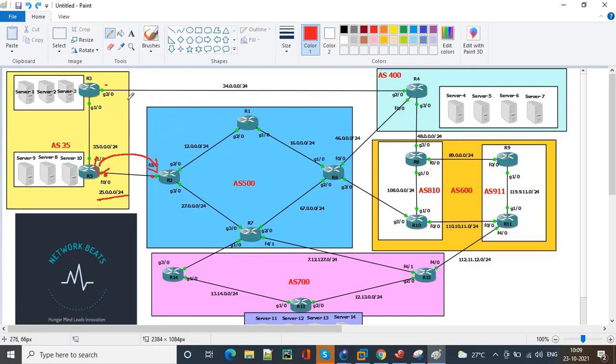But when we are trying to peer over the loopback IP addresses, it is always considered differently. Let's say this is my R4 loopback IP address, loopback 0. R3 will see this loopback IP address as one hop, and from there it again has to reach another hop to reach loopback 0. This is how it is assumed from R3.